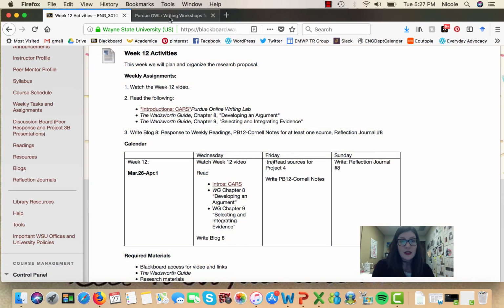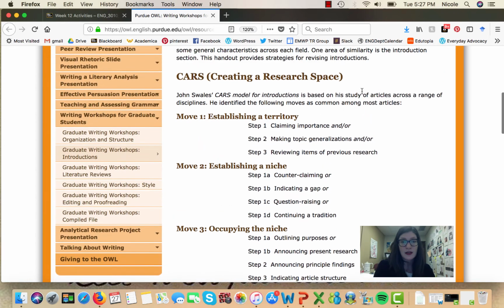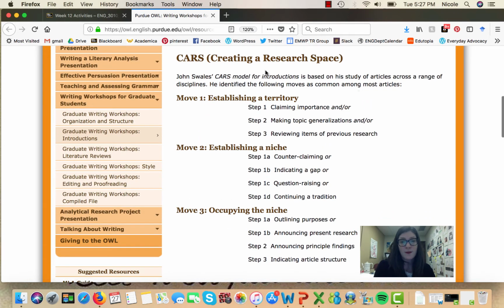All right, so let's talk about creating a research space. This CARS model, what you'll notice here is that it's a model for introductions. This is something put together by good old John Swales, if you remember him from back in the beginning of the semester.